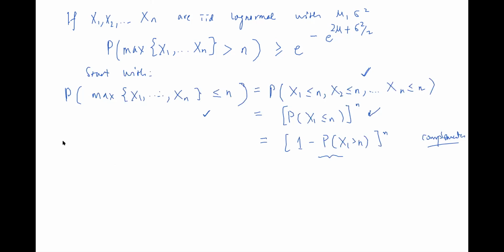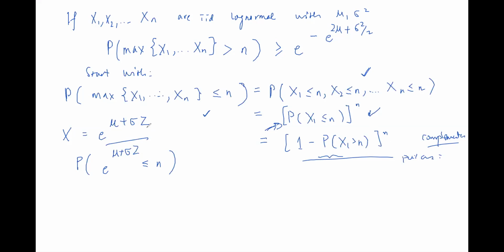Okay, remember your X is equal to e to the power of mu plus sigma Z. So when you make a statement, let's work with this statement first. Let's put this aside and look at this part. Since your X is of this form, you can write it like this. So therefore you take log, you will get mu plus